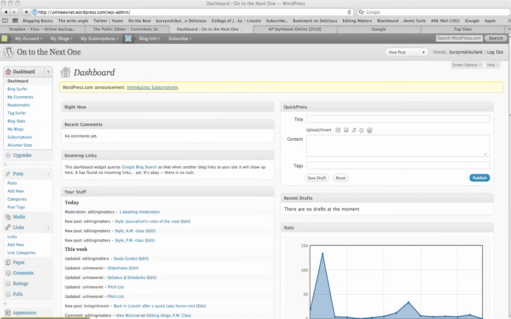Once you get to the dashboard, and this is what it looks like, you'll be able to post items to the blog. This is where we want you to post your pitches. When you want to see what the blog looks like, click on the name of the blog and it'll take you back